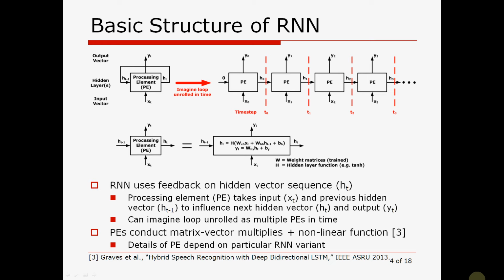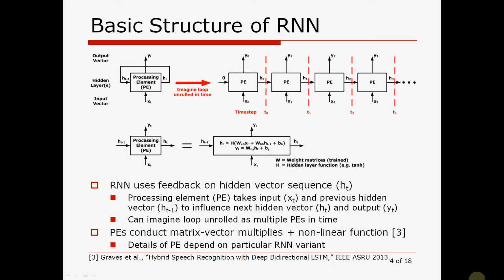So also on this slide, I'm presenting what a processing element is. So really it has two functions. It's equivalent to having a vector matrix multiply based on weight matrices W. And so these weight matrices are pre-trained based on a learning algorithm that sets the parameters of the recurrent neural network. So once these matrix vector multiplies are done, the processing element also has to apply a hidden layer function,